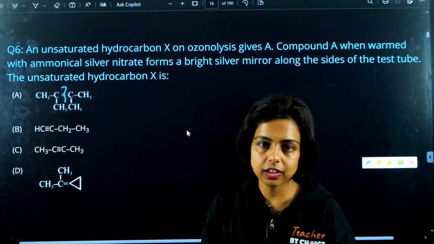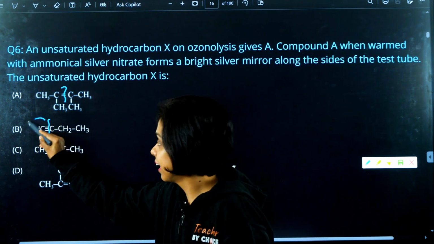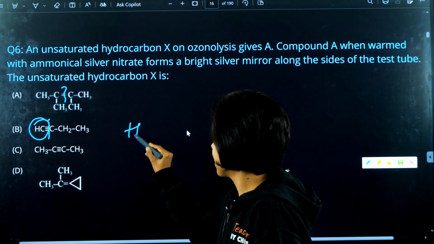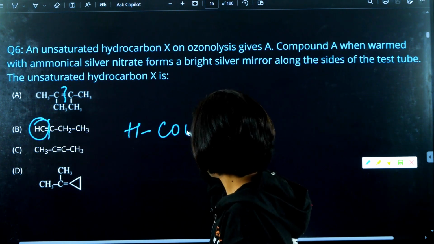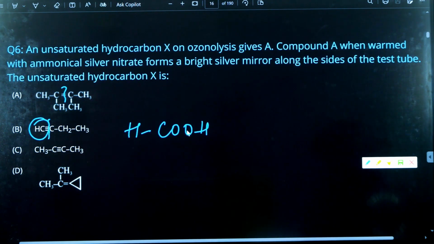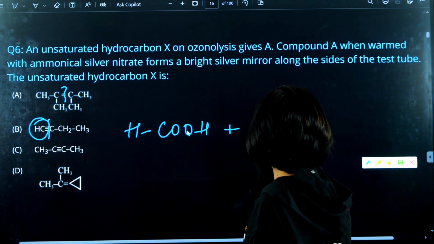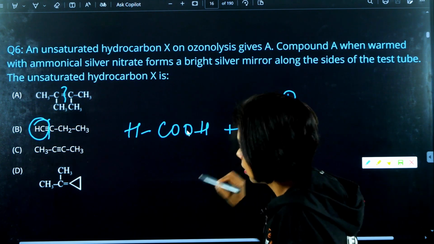So if this on ozonolysis, you can see, breaks the double bond, puts C double bond O, we get ketones. Ketones will not give positive Tollens reagent test. Here, I'll break the double bond, I get on ozonolysis formic acid. Formic acid I will get, yes, you can see there's this triple bond here and we get formic acid there. And formic acid, I'm sure you all should be aware that formic acid gives positive Tollens reagent test, right? So this compound forms on ozonolysis. One is formic acid, another is this compound. There's a triple bond because